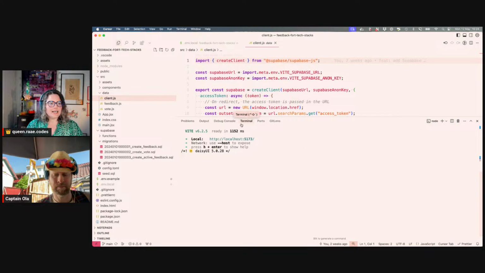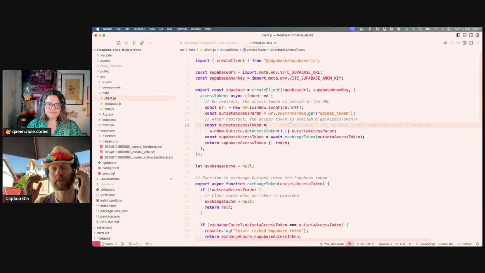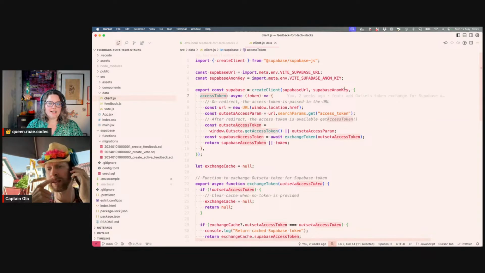But in the newest version of Supabase, when you're creating a client, you can actually tell it where to grab that access token from. So there's a token coming in here, which in this case would be the Supabase anon key. If you were logged in as a Supabase user, it would be the Supabase token. We could actually remove this in our code, but then we'll need to grab the Outseta token. So this will actually be called